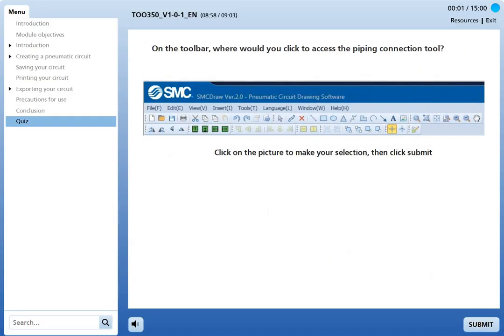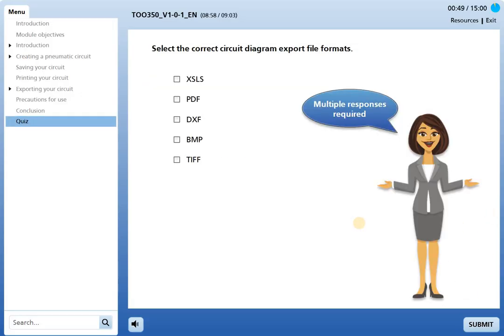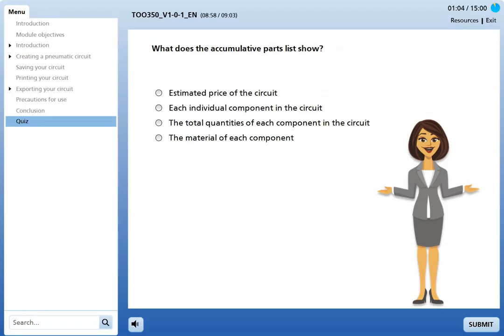On the toolbar, where would you click to access the piping connection tool? Select the correct circuit diagram export file formats. What does the accumulator